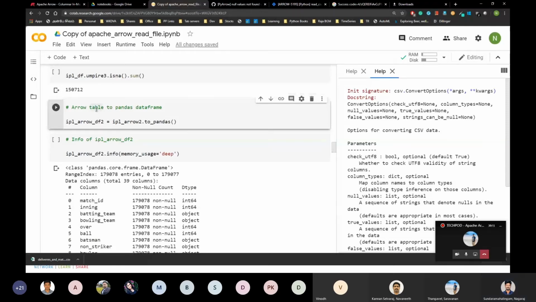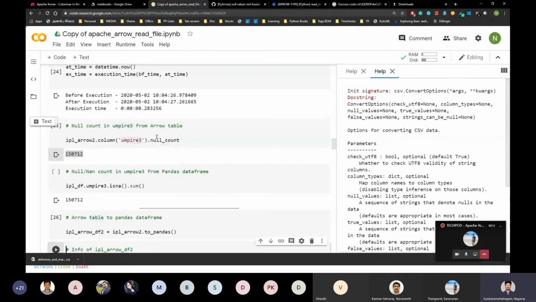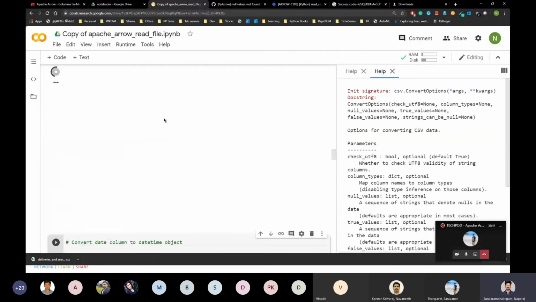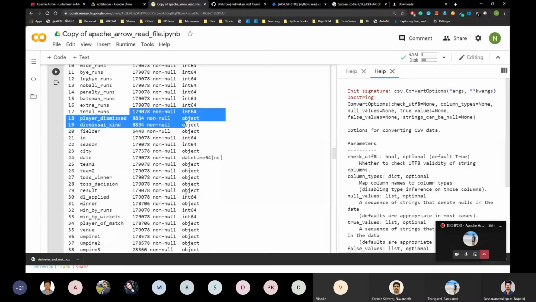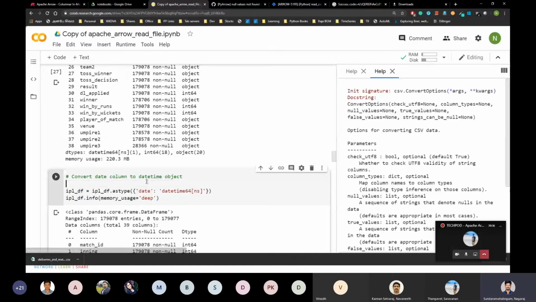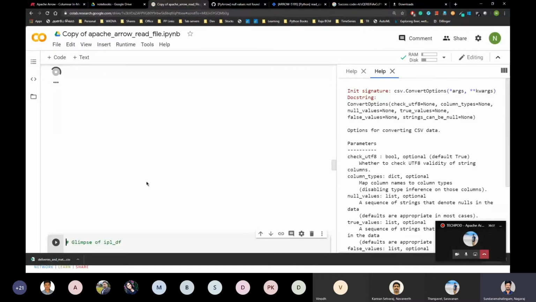After reading with strings can be null, if you convert that to a pandas data frame object, then it exactly matches with null and non-null values. These are exactly matching. Any doubt so far?